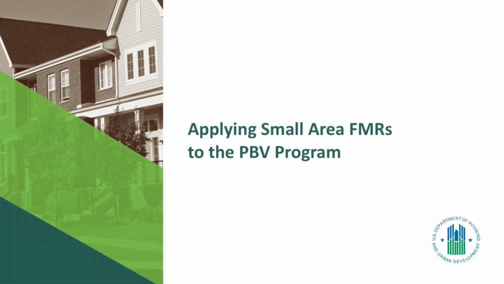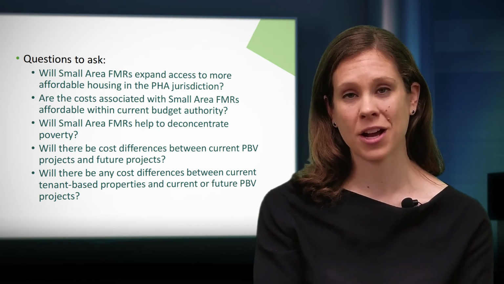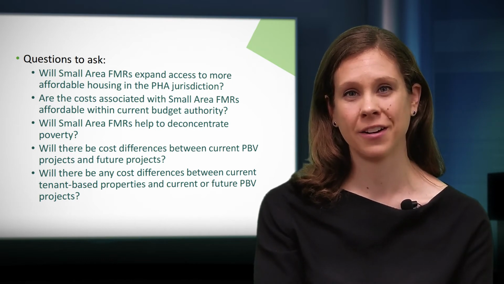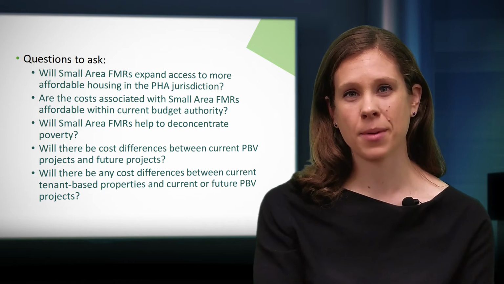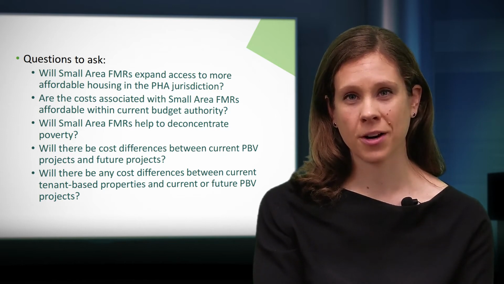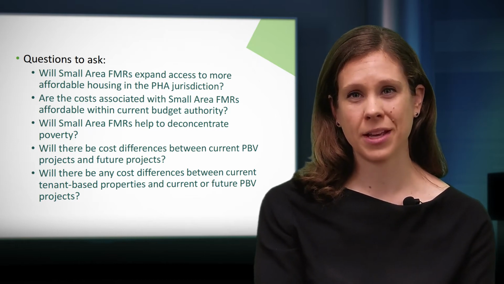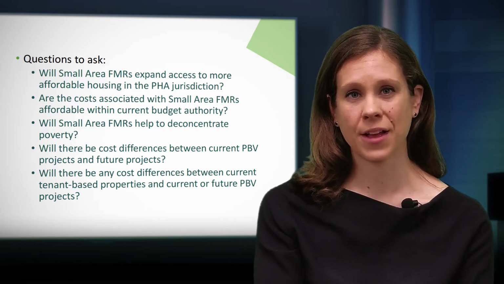In deciding whether to apply small area FMRs to the project-based voucher program, it is important to consider if this is needed to locate project-based housing in higher opportunity areas. If metro area FMRs have not been sufficient to achieve this outcome, adopting small area FMRs for project-based vouchers may be worth considering. HUD recommends that PHAs compare the HAP contract rents of any existing PBV-assisted projects in their jurisdiction with prospective rents under small area FMR policy to identify the extent to which there may be challenges related to